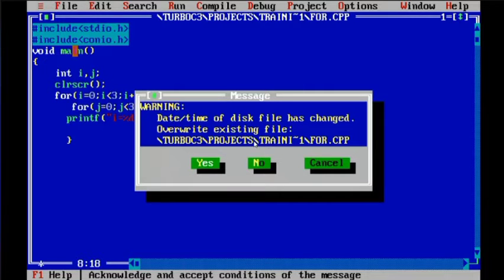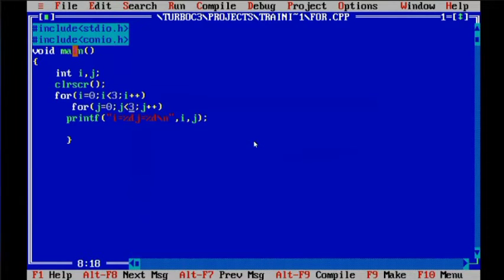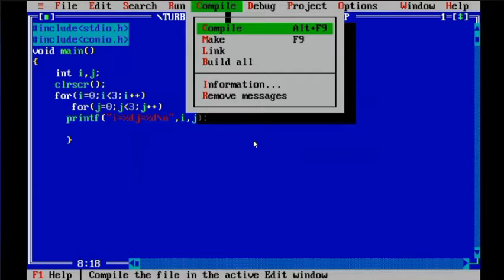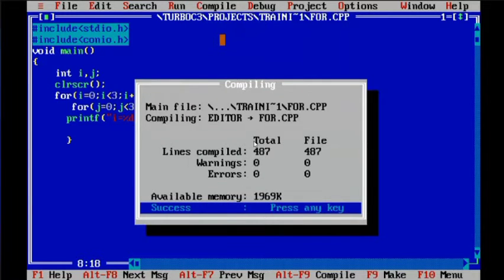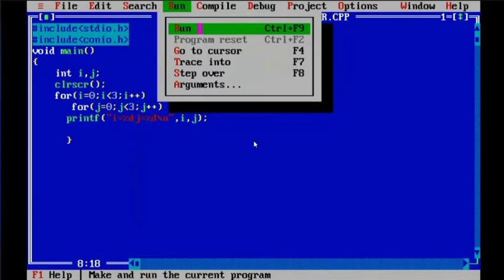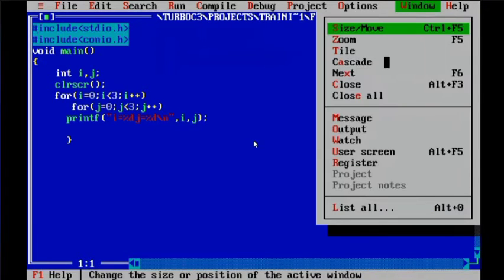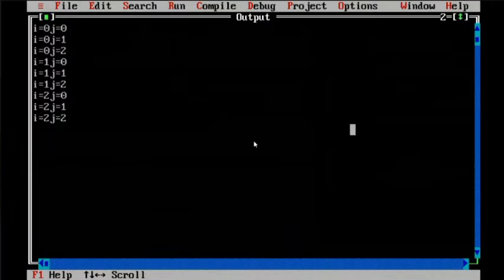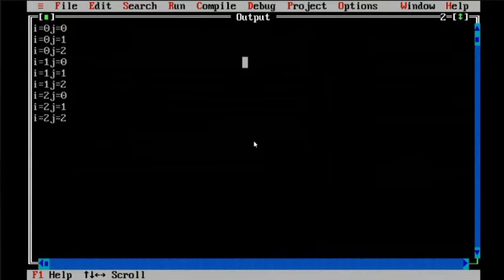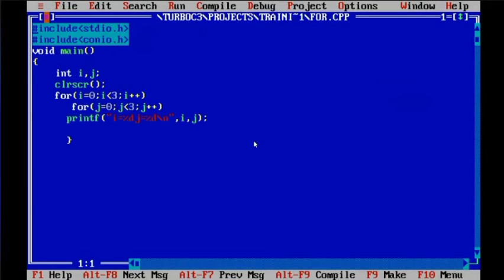I'm saving. Okay, wait, I will just compile once. See, now it is coming. This is 0, 1, 2.